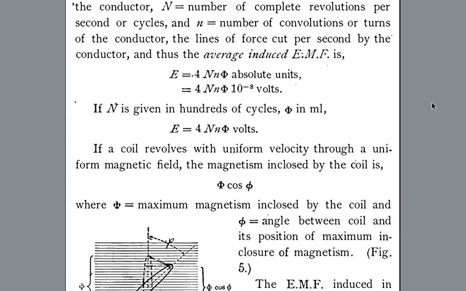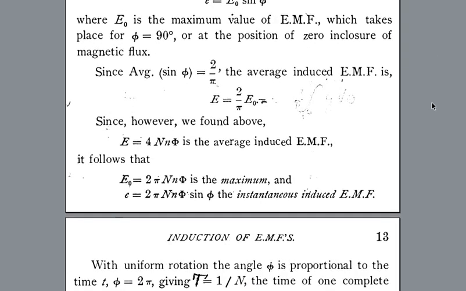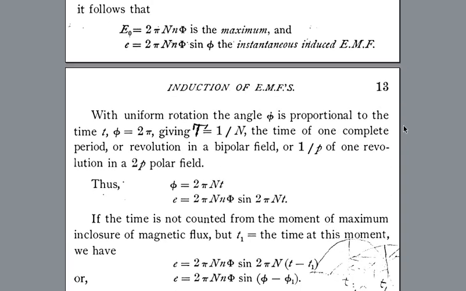Since the average value of sin φ is 2 divided by π, the average induced electromotive force is equal to 2/π times E0. Since, however, we found above that E = 4 nNΦ is the average induced electromotive force, it follows that E0 = 2π nNΦ is the maximum. And since e = 2π nNΦ sin φ is the instantaneous induced electromotive force,